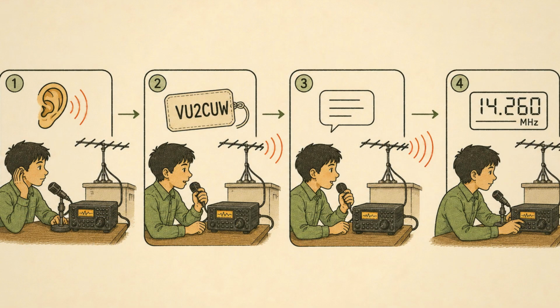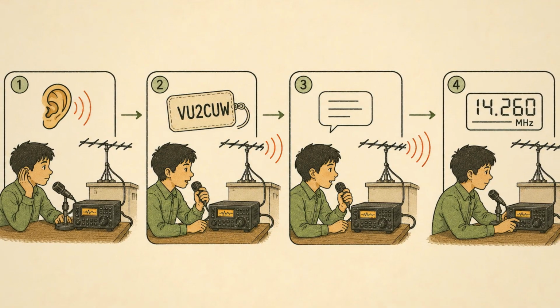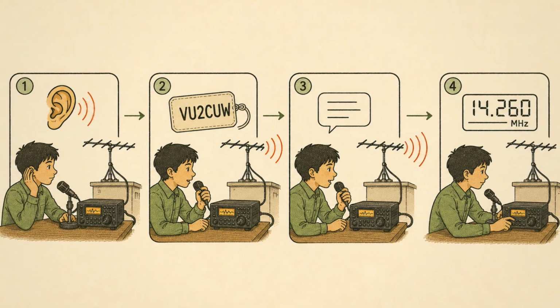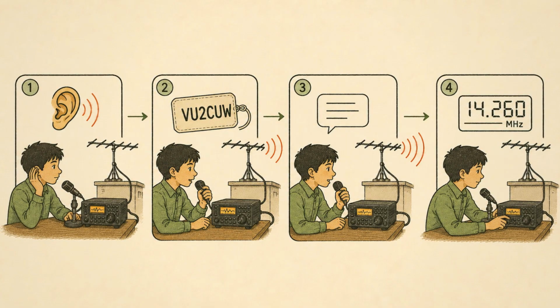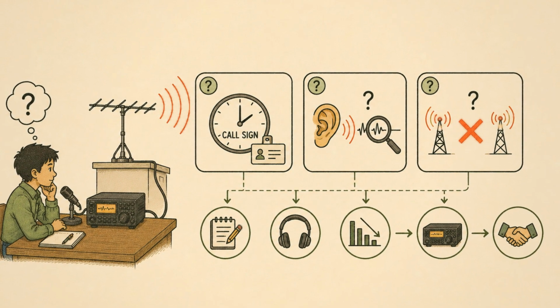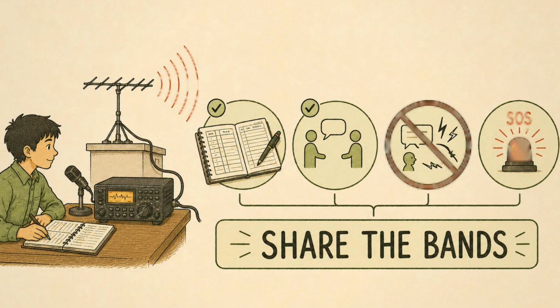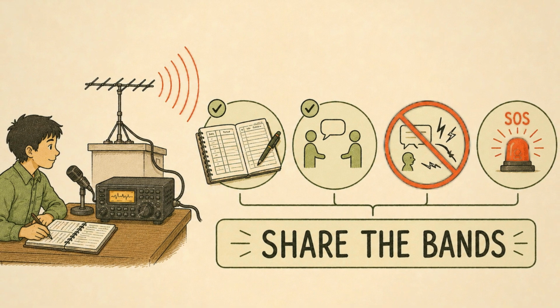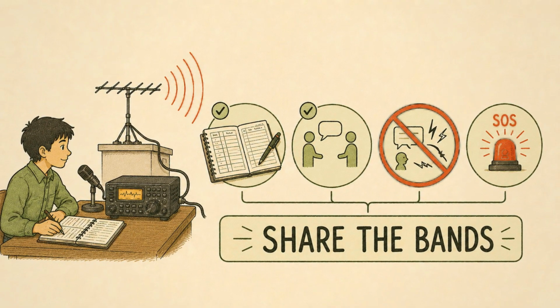The regulations section deals with what happens once the station goes on the air. A candidate must understand how to make and answer a call, when to transmit the station's call sign, how to check whether a frequency is already occupied, and what to do if the station causes interference. It also covers station records, permitted communication, prohibited transmissions, testing procedures, and the special responsibilities that apply during emergencies. These are not ceremonial rules. They are what allow many independent operators to share the same bands without turning them into noise.